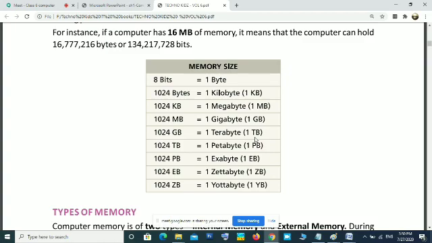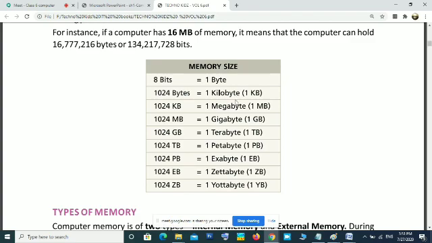Okay, now when we are discussing your pen drive or the memory card in your mobile phone, we say 1 GB, 2 GB, like that. Now you know what 1 GB is. 1 GB means 1024 MB. If you want it in bytes, you have to multiply 1024 into 1024 into 1024. That many bytes is 1 GB. So clear? As memory capacity gets higher and higher, the order will be in this way.